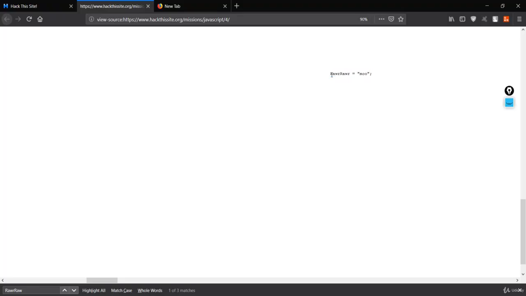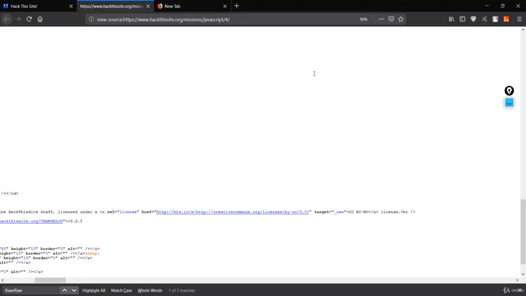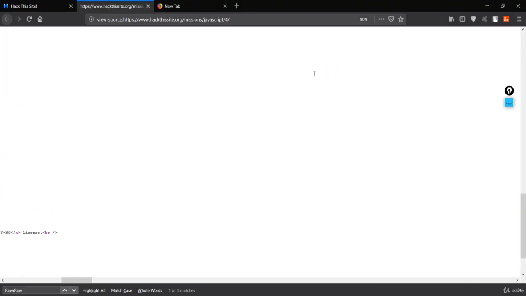So all you have to do is search for the variable. It was right at the corner, at the right-hand side in my case, just over here. I think they made this intentionally so as to not let the hacker easily access this mo. So basically our password would be mo, because we have this variable as mo.